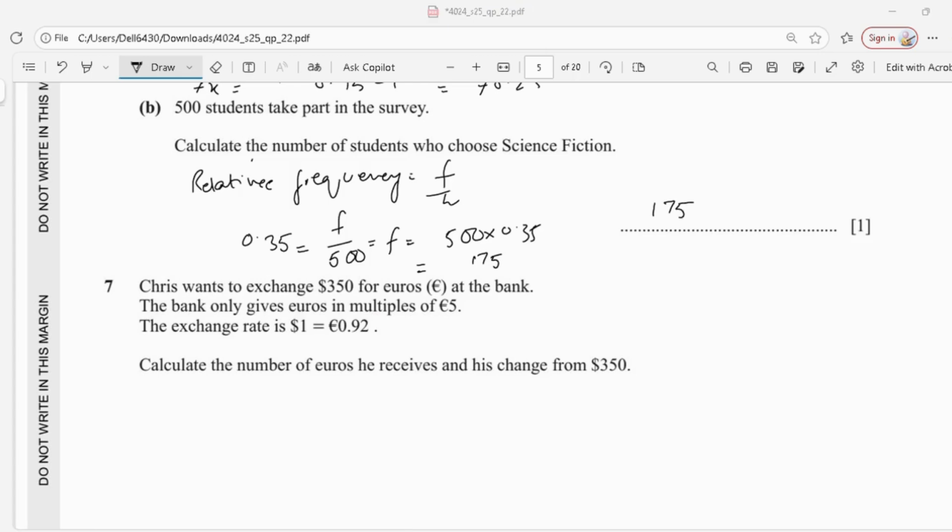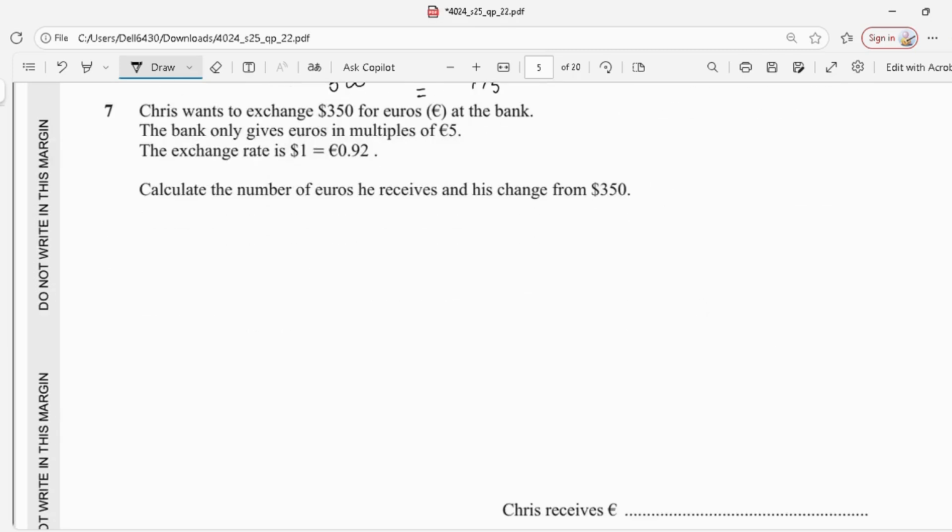Now question number 7. Chris wants to exchange $350 for euros at the bank. The bank only gives euros in multiples of 5 euros. The exchange rate is $1 is 0.92 euros. Calculate the number of euros he received and his change from $350. Since $1 is equal to 0.92 euros, $350 will be 350 into 0.92 euros, that is